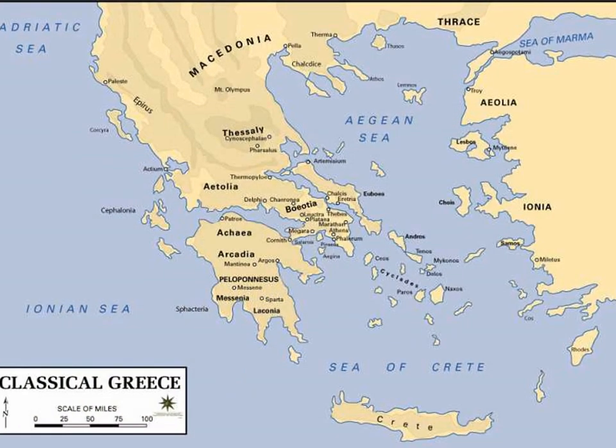Now, Greece is made up of many different city-states. The geography is extremely divided, so you'll notice that it's a mountainous region and heavy with islands. Lots of people nowadays like to take Greek cruises, heading around, go check out Crete in the south, or maybe what was Peloponnesus. Check out the Sea of Crete, the Ionian Sea. The Aegean Sea is probably the most significant of those, the Adriatic. All these are connected to the Mediterranean.